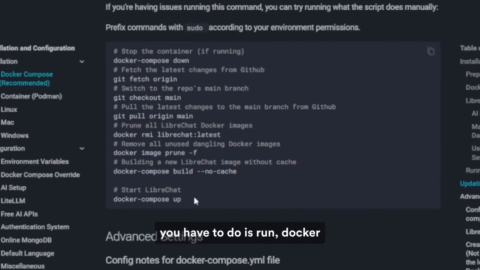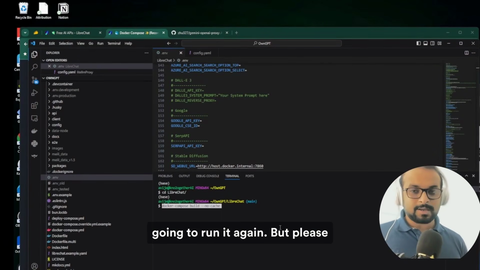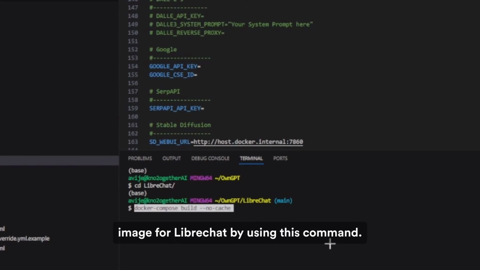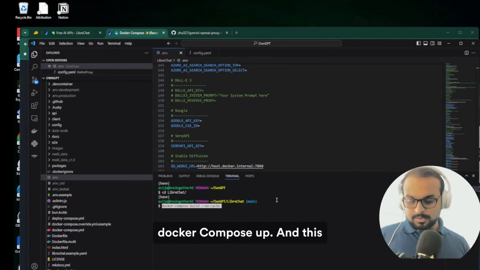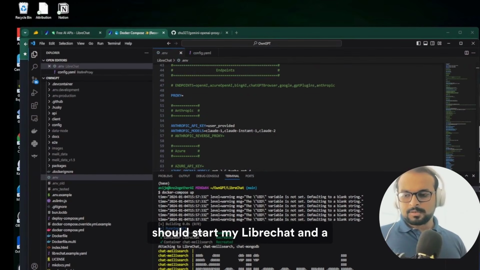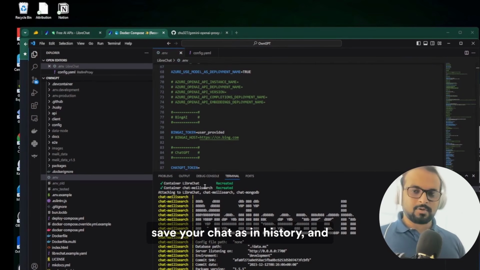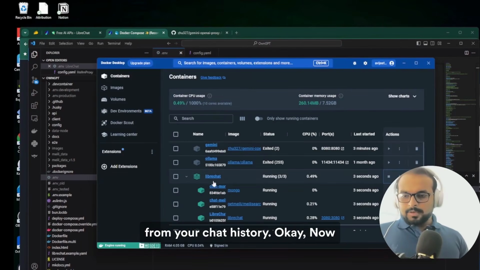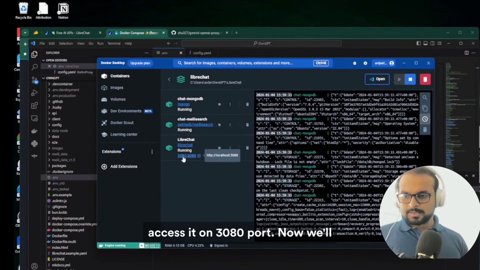Next, what you have to do is run the Docker image build, but because I've already done the build, I'm not going to run it again. Please go ahead and build the Docker image for LibreChat by using this command. Once that is done, you can run docker compose up, and this should start my LibreChat and a local MongoDB, and it's also using MeiliSearch. This is to save your chats as history, and you can later go and search through your chat history. Okay, now you can see my LibreChat is running